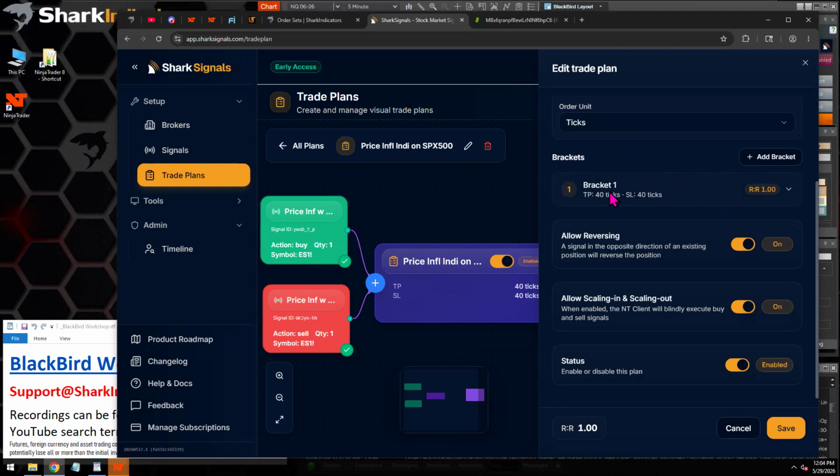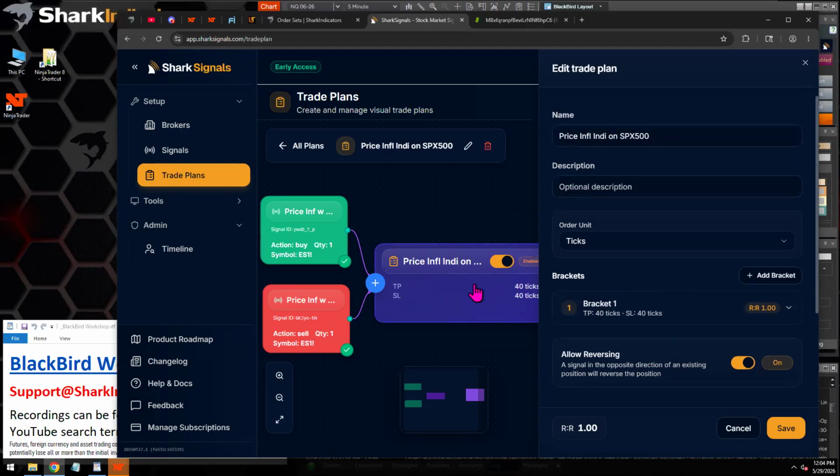Back in the day when Blackbird was created, brackets really wasn't a thing, but now brackets is becoming the common terminology here. So who knows, maybe at some point we might update Blackbird to use more common terminology. Instead of calling them order sets, we might call them brackets to synchronize the naming here. But the point is Blackbird is going to trade